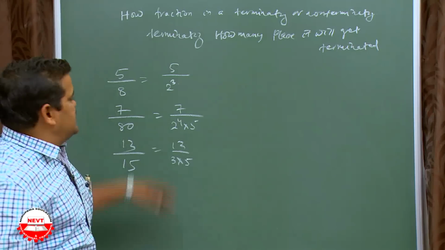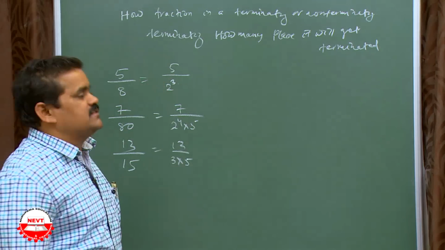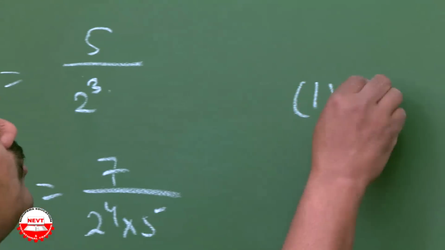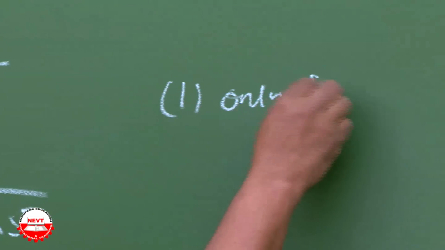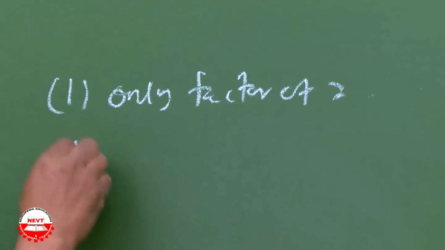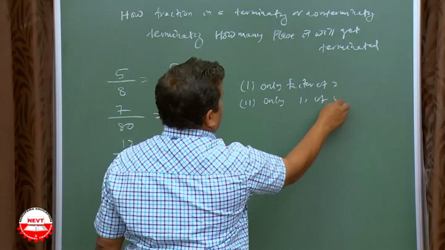You just check the denominator first, factorizing the denominator and check it. If the denominator is only the factor of 2 or only the factor of 5